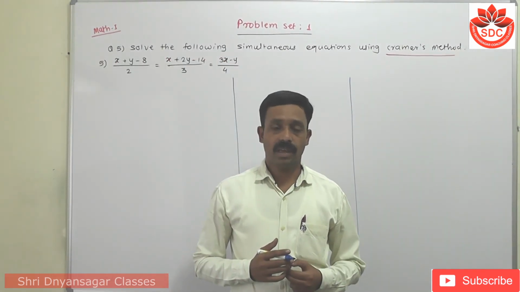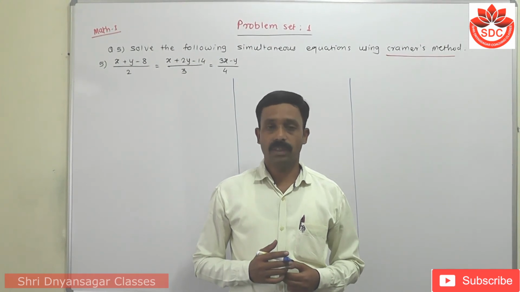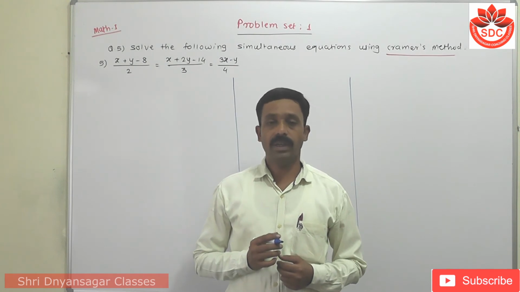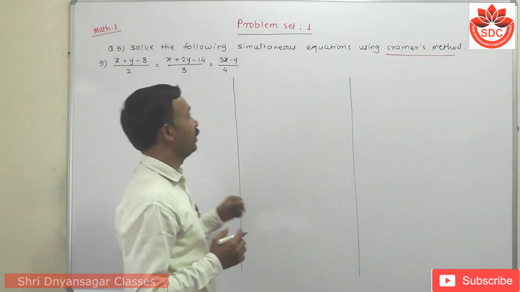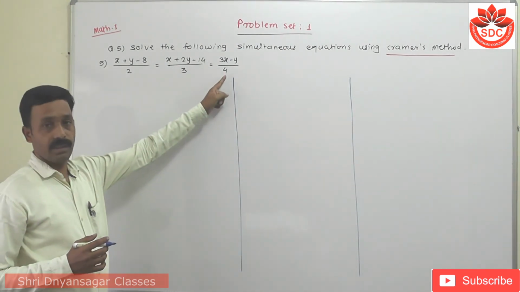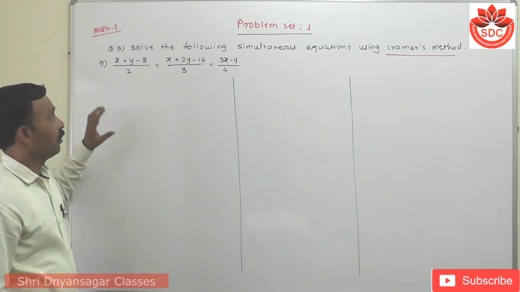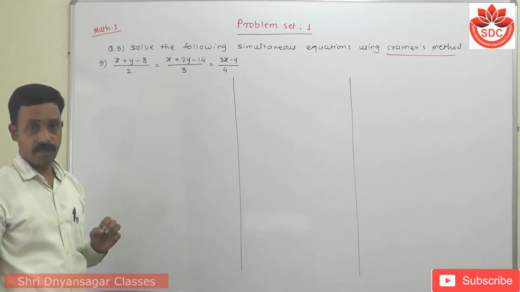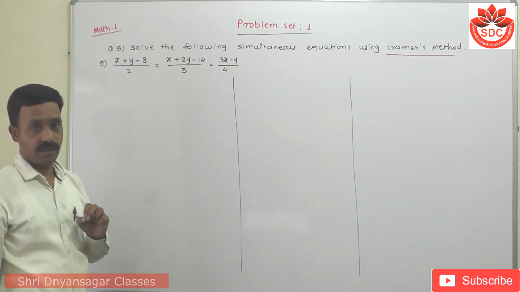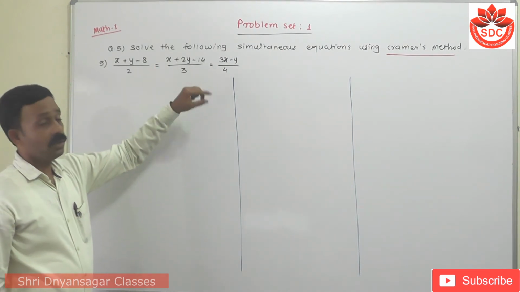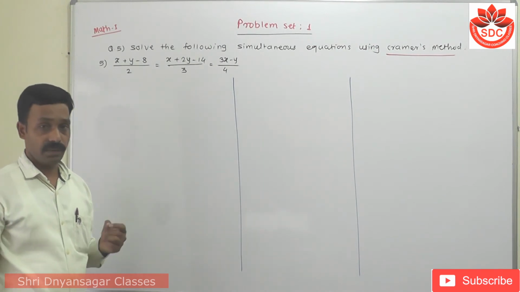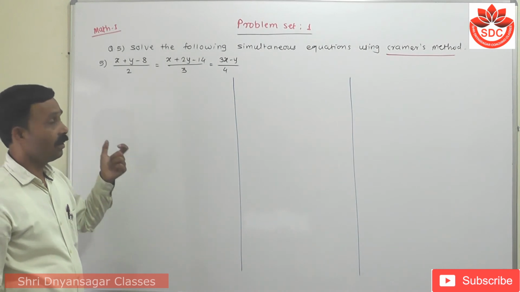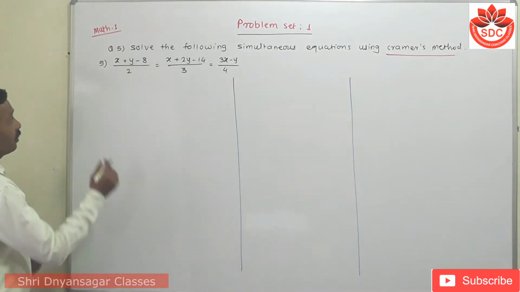Let's discuss the last question of question number 5. This is a somewhat different question. Now here 3 equalities are given in this question. First, second and third. Now we have to take any 2 equalities. By using this, we have to prepare one equation. And again taking another 2 equalities, we take the second equation. And then we have to solve by using Cramer's method. This is also a simple but important question. Now first how to solve it? Look here.